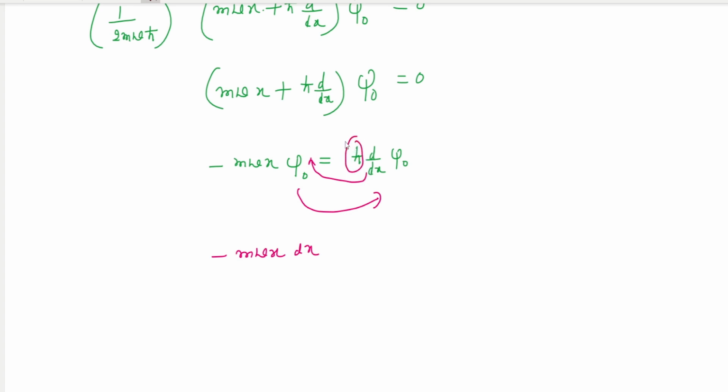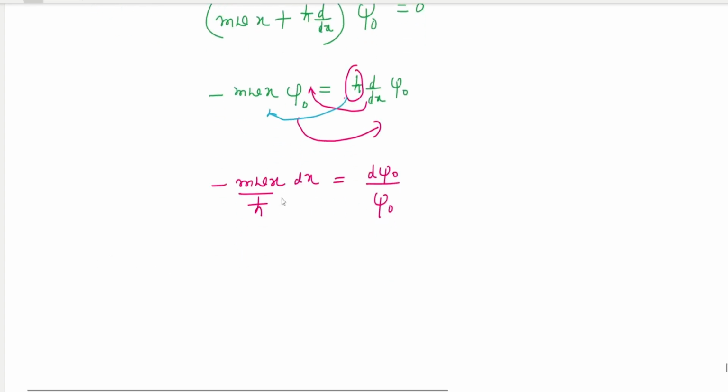This h cross I'm going to use here in the denominator, divided by h cross, equals d psi naught, only this divided by psi naught. We know this one is log f of x, f dash of x by f of x. Then we can integrate. In case you take integration on both sides, then we can get